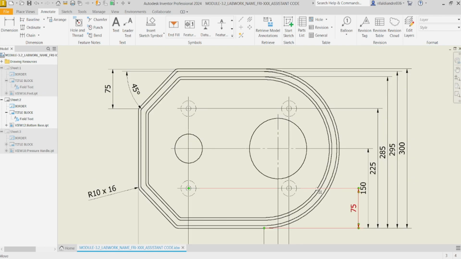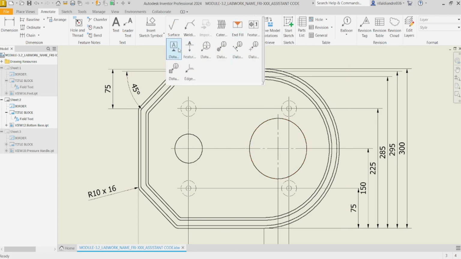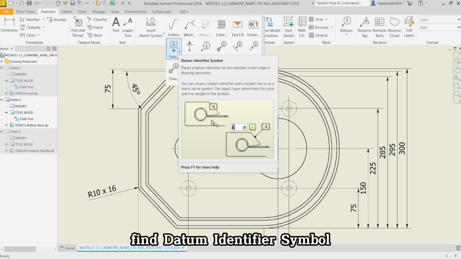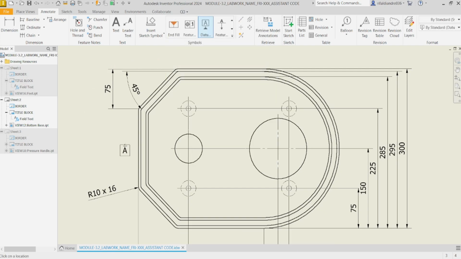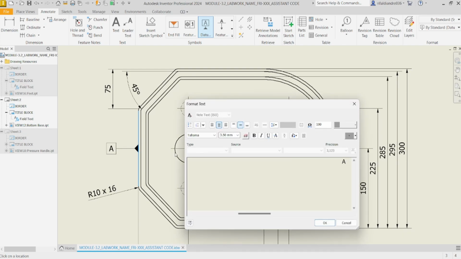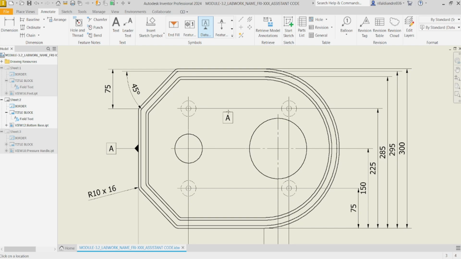Now we will give the datum. First, go to symbol and expand, find the datum identifier symbol and then click, choose this line and drag the datum into left side, left click and change datum to A and then click OK.